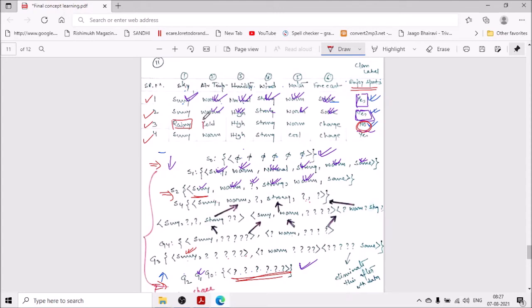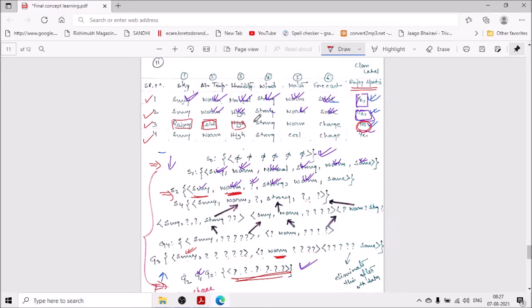Next is cold. Cold is there, compare with this warm. Both are different, copy that attribute, warm. So question mark, warm, question mark, question mark, question mark, question mark. It's the second attribute, that's why we keep the first attribute a question mark, second attribute warm. Next is question mark, and it's high. So remember one thing: if a question mark is there, we can ignore the hypothesis for the G.